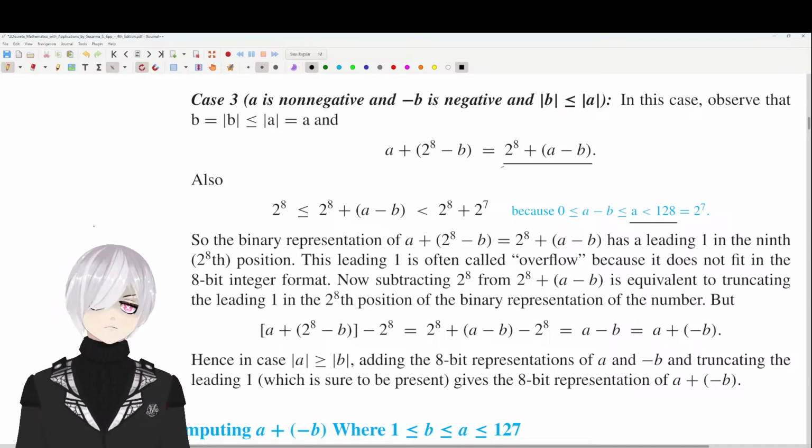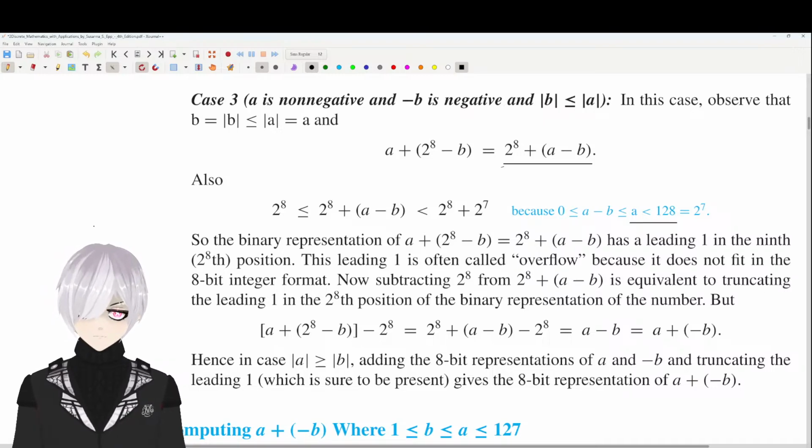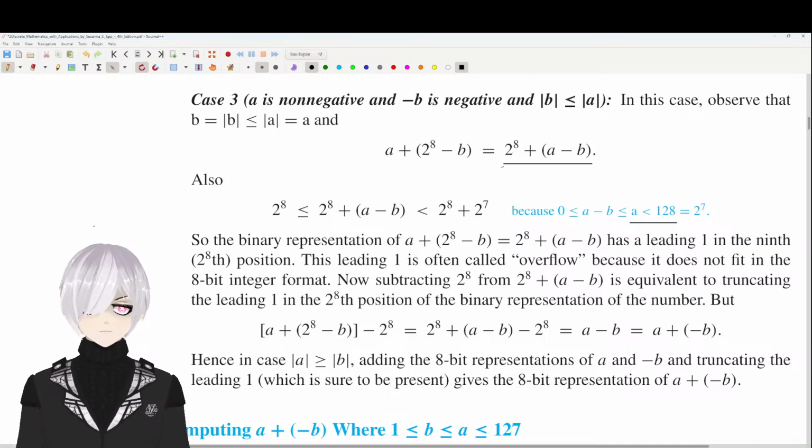Yeah. And so that means the binary representation of a plus 2 to the eighth minus b. They showed that 2 to the eighth plus a minus b is how we're representing the sum. Show that 2 to the eighth plus a minus b is greater than or equal to 2 to, no, it's less, it's,